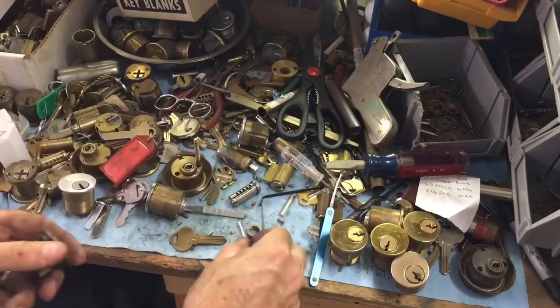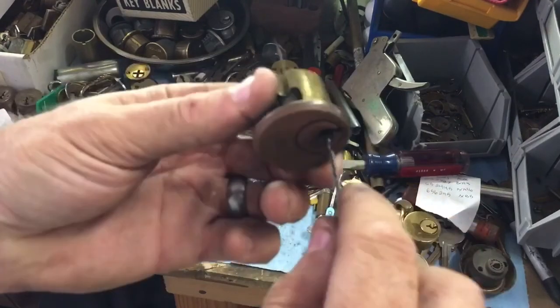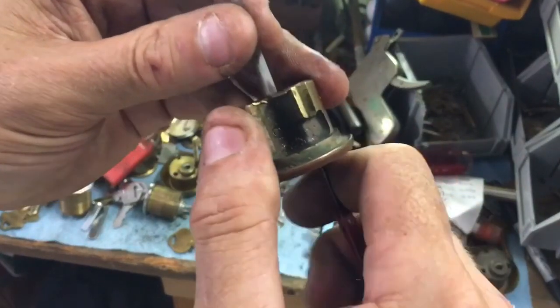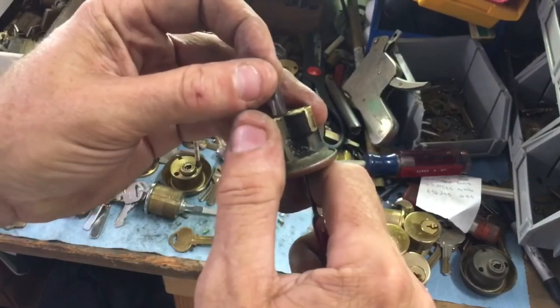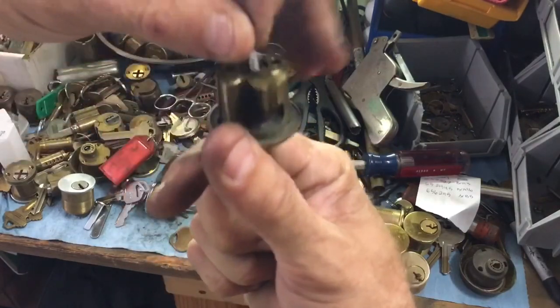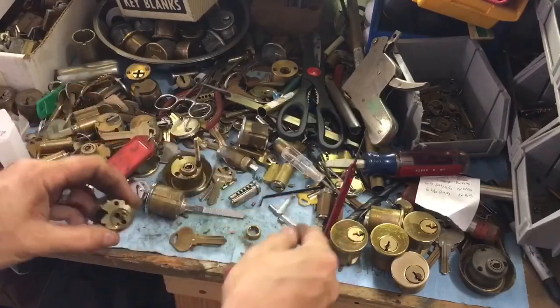Alright, so the blank didn't work, so let's try using a pick. There it goes. I freed it up when I messed around with it. So this is gonna be turn, boom. So then we're gonna run back over here